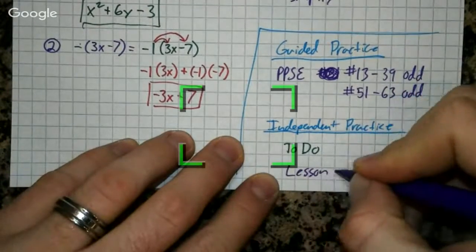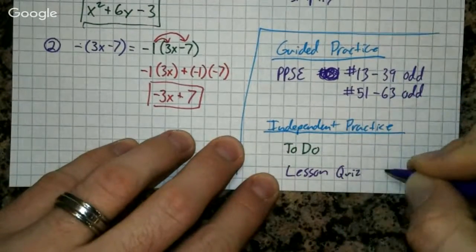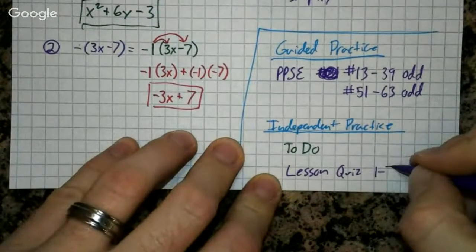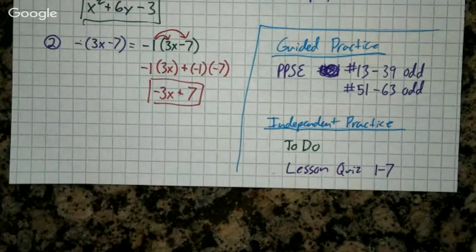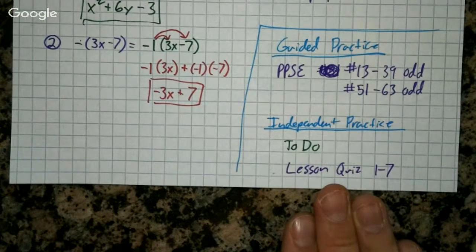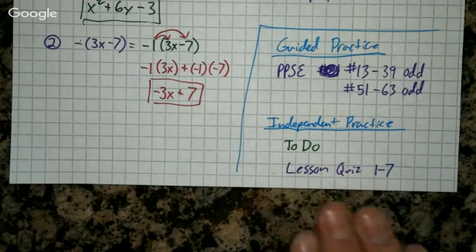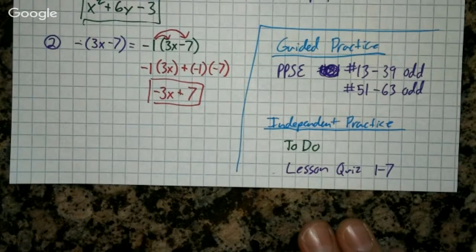And you're going to do the lesson quiz for lesson 1-7. Now this is more online. You'll get immediate feedback from it. You'll be able to click your answers in and then submit it, and it'll tell you which ones you got right and which ones you got wrong. So very excited about that. So go ahead and do that one. You do not need to do the self-assessment anymore. You can just go ahead and do the lesson quiz 1-7.